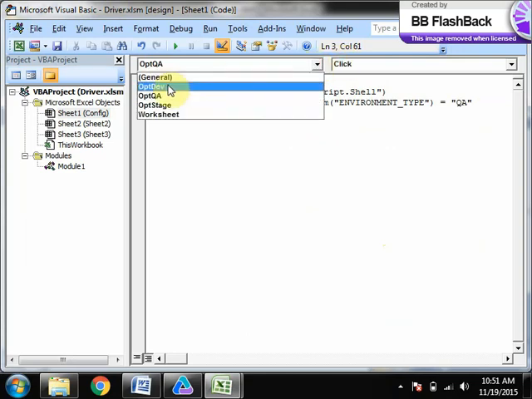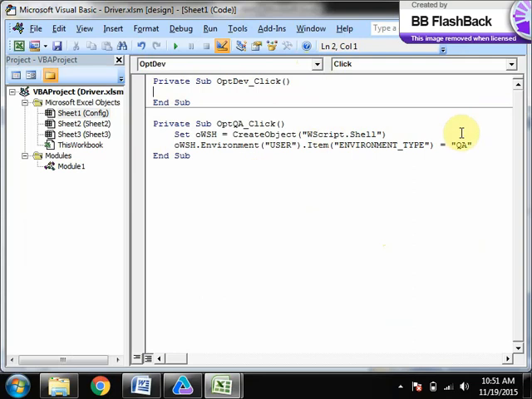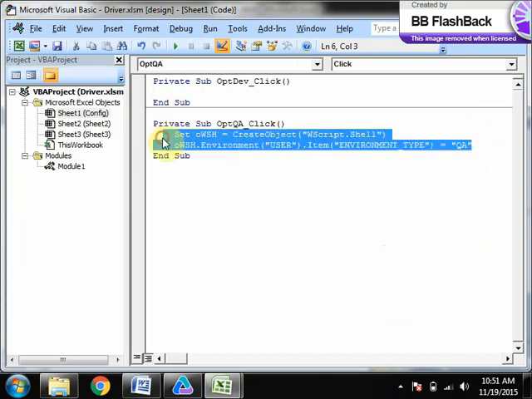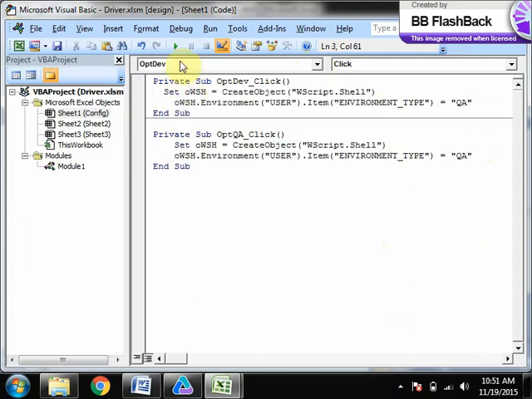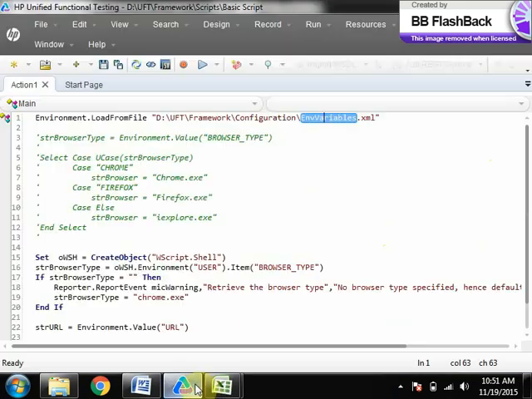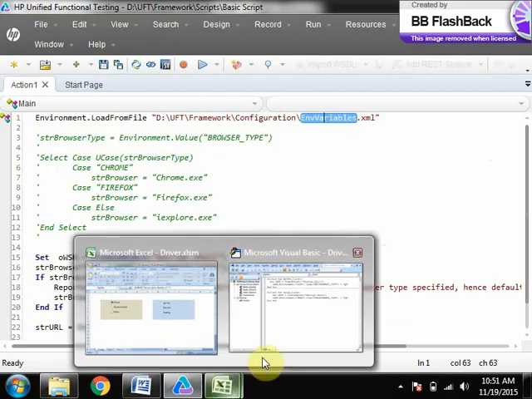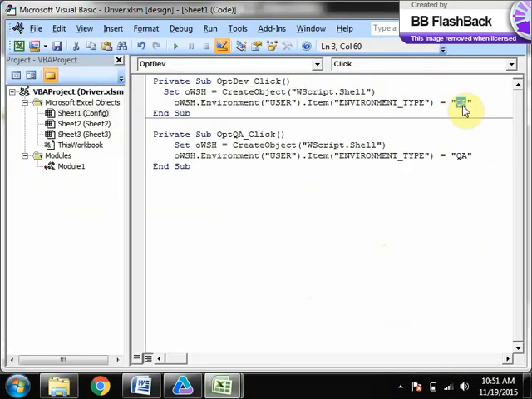Then you will get all the radio buttons here. In macro you don't get that; in Visual Basic you will just get it as an option here. Then this time you say it as dev.